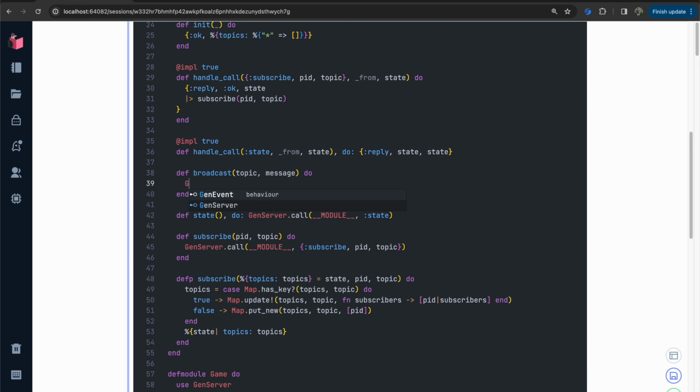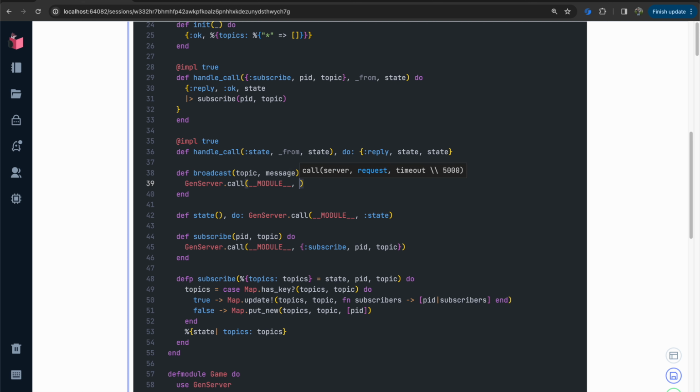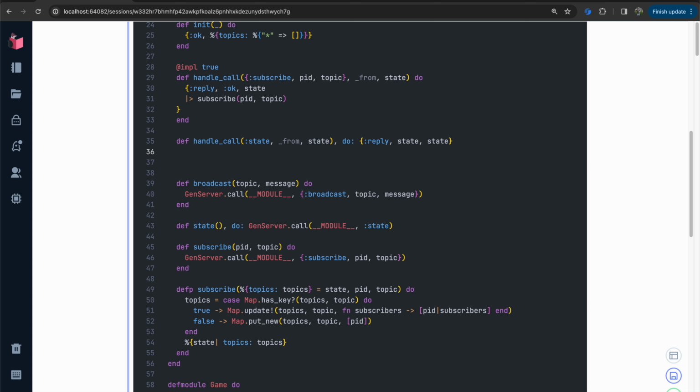And that will do a GenServer.call to ourselves, and it will say broadcast topic message. I believe we don't need input true for every clause of this handle call because it's the same function, so it should be okay. But this will be broadcast topic message,